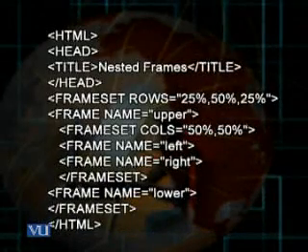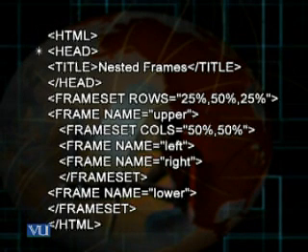As you can see, we start with the HTML tag, then comes the head tag, and within the head tag we use the title tag. We give the title nested frames. Remember that whatever information we give in the title tag appears on the blue bar at the top of the browser window.